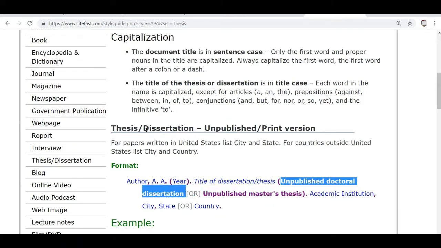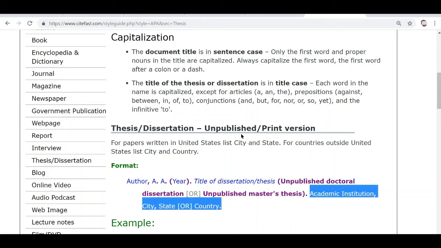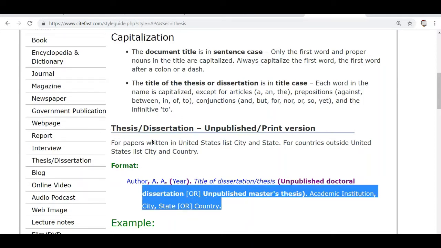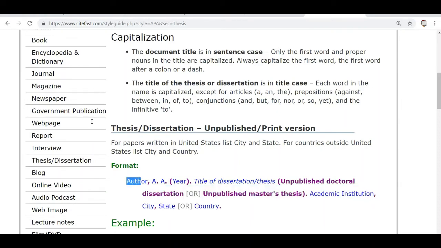And if it were, of course, it can be published in a journal. Then the academic institution is Linköping University, the city is Linköping, and the country is Sweden. So we just do our best to arrange things this way. And then there's an indentation here, so you can see that author starts from this point, whilst dissertation and the next line offsets from the author. So we should take note of that and then make sure we have that.